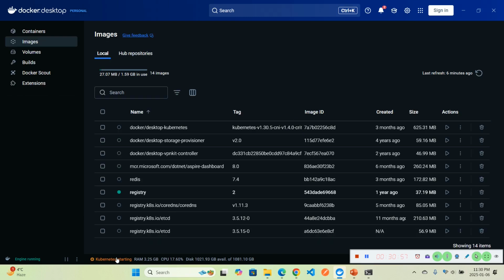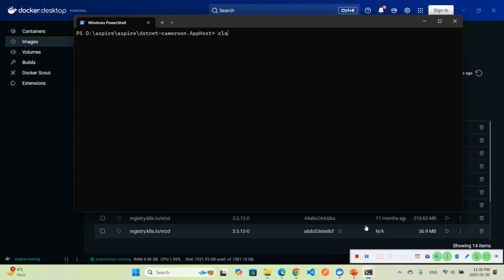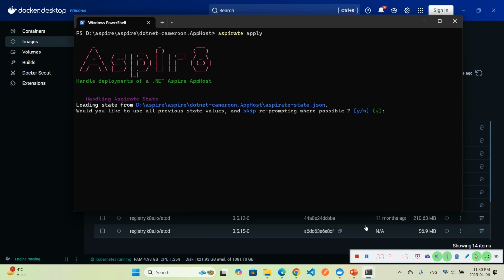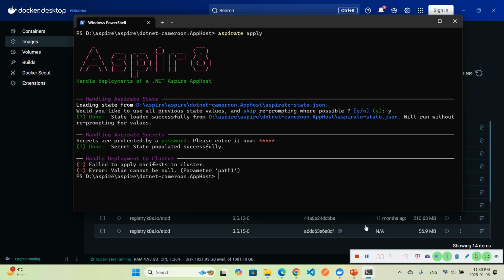Okay, we should wait for Kubernetes to start also. Okay, Kubernetes is up. Let's retry aspirate apply here. Okay, we have